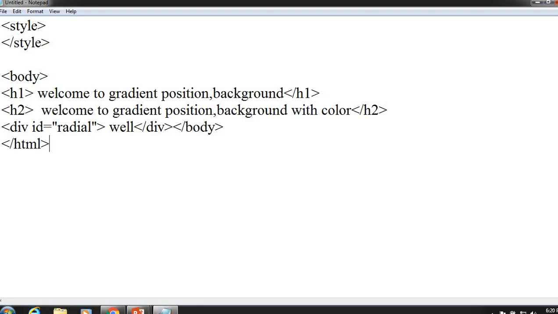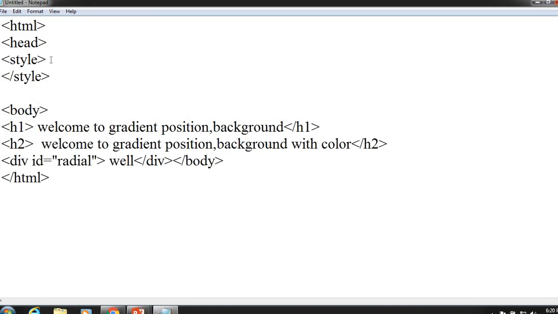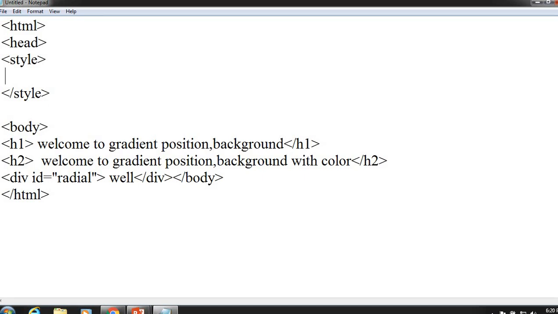Then apply the property for the ID. Here we have defined the ID as radial, so in the style tag we have the calling method. Whenever we use that ID, it is followed by the operator, that is hash, which is going to call the ID declared in the body tag.